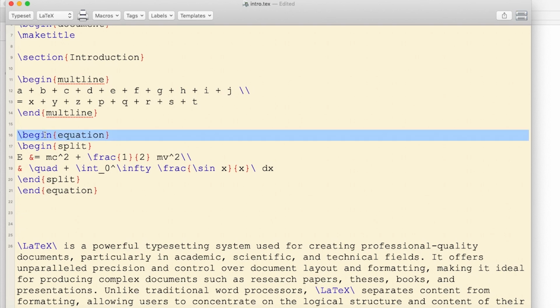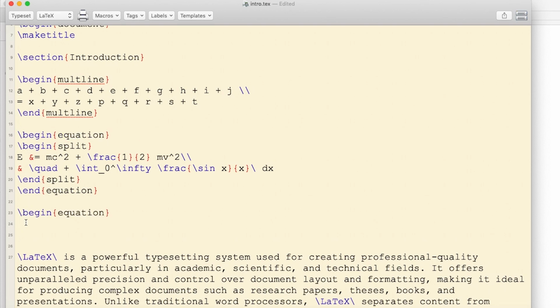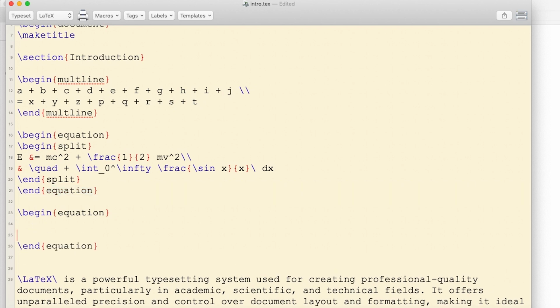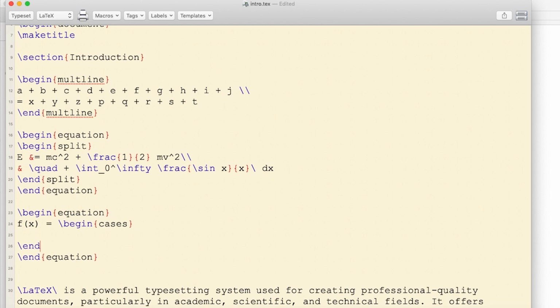Let's discuss the cases environment. The cases environment is used to define piecewise functions, where a function is specified differently for various input conditions. Each line includes an expression on the left and conditions on the right, separated by the ampersand symbol. For example, if we write within the equation environment f(x) equal to, now \begin{cases}, \end{cases}, and within \begin{cases}